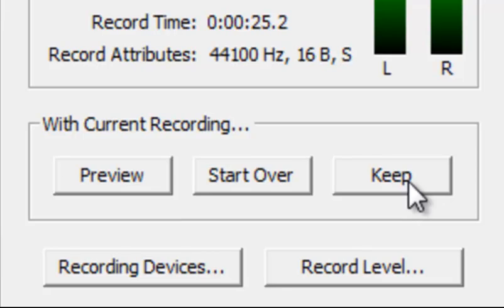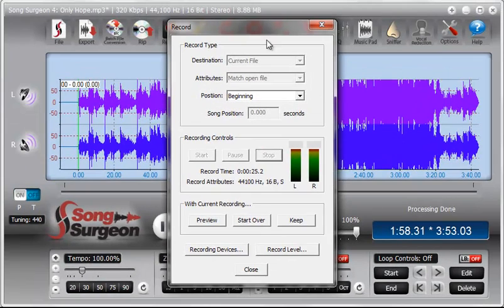If you choose to keep this file, it will do whatever you've instructed it to do up here. That is to say that if the destination file is the current file, it's going to insert it in this current file that's open on your machine. If you have selected something besides the current file, which would be a new file, then it's going to insert this into a brand new file, and it would open it up in SongSurgeon as well. So in either case,